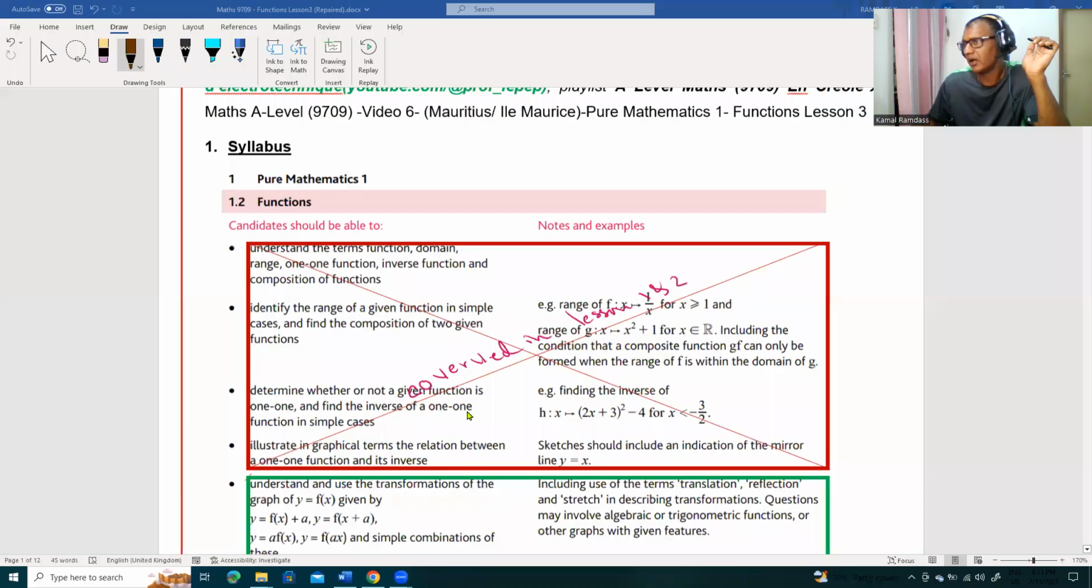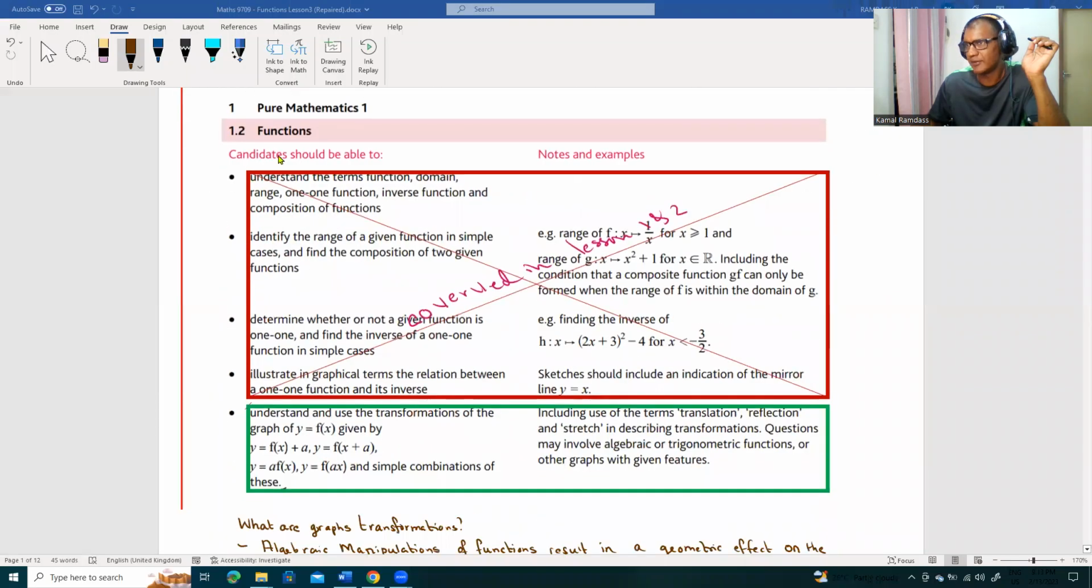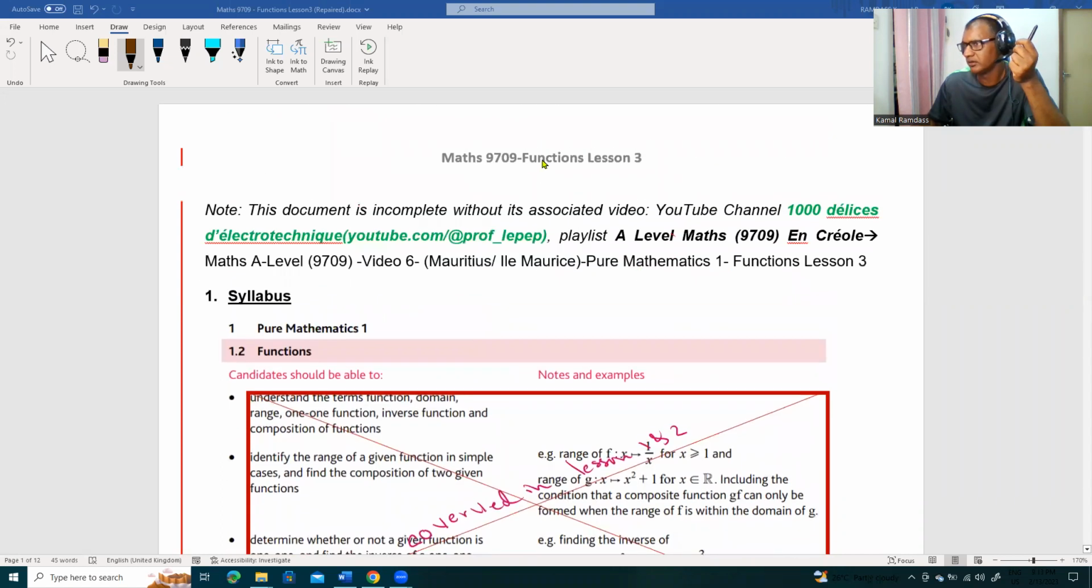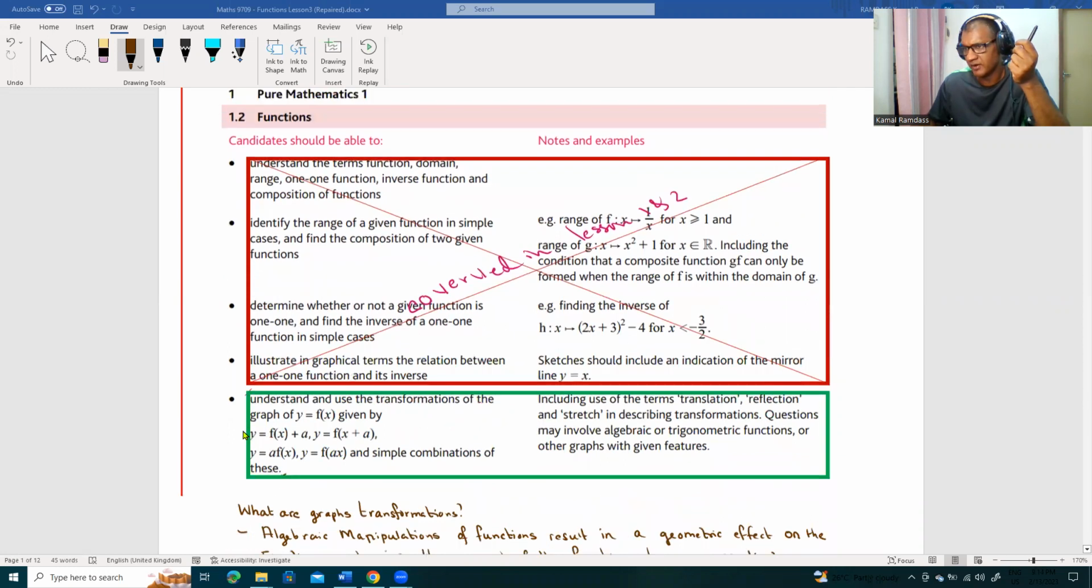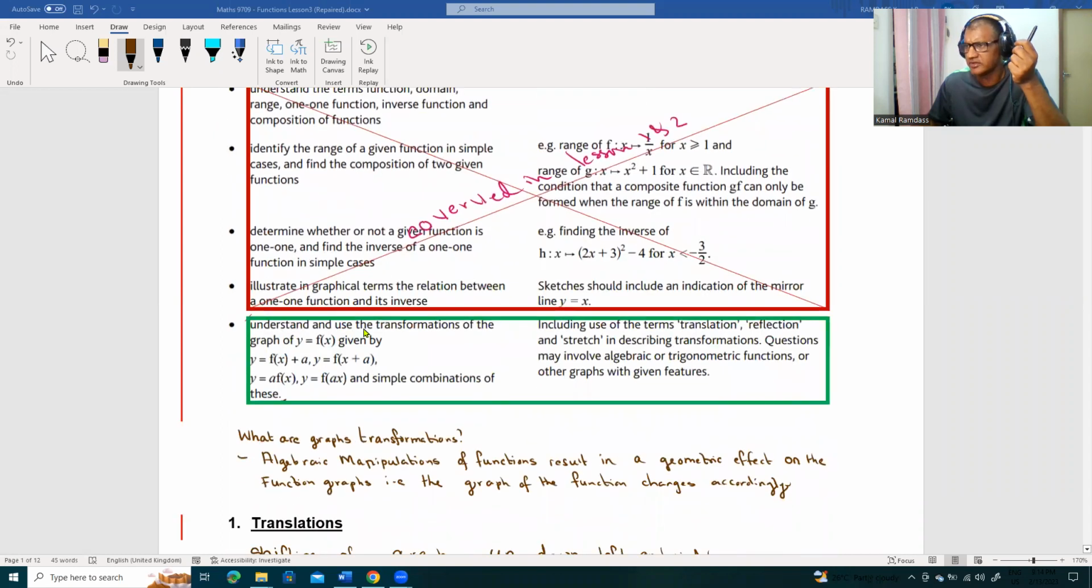C'est la troisième leçon sur Functions de A-Level Mathematics, syllabus 9709 de Cambridge. Moyennant le syllabus pour Functions, ce qui est encadré en rouge, c'est le thème que j'ai complété dans ma leçon précédente, c'est-à-dire les leçons 1 et 2 de Functions. Aujourd'hui, je traite ce qui est encadré en vert, et il mentionne : understand and use the